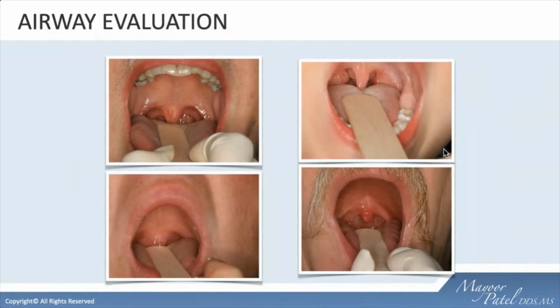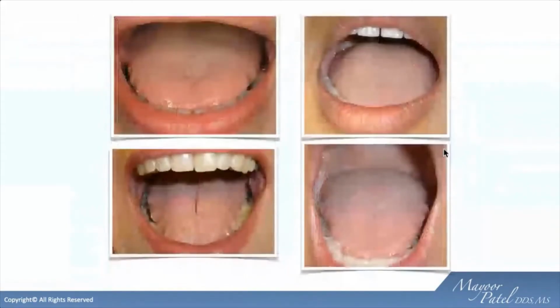Bottom left picture, you have what we call a soft palate drape, where you really don't see the oropharynx because of the amount of soft palate that the individual has. And in the picture in the bottom right, if you look at the lateral borders of the tongue, you've got some scalloping. And scalloping, of course, comes in very different distinctions: deep, very obvious, or very subtle, like the picture in the top right. But there again, very indicative that there's not enough space for the tongue within the arches, in this instance, the mandible.